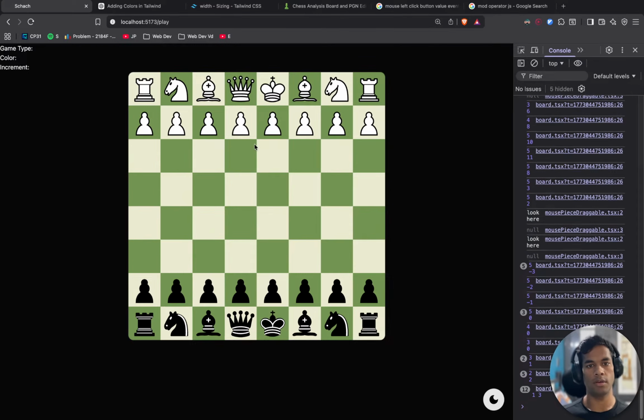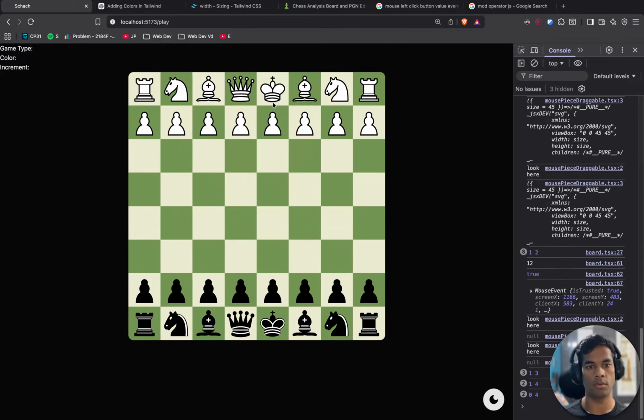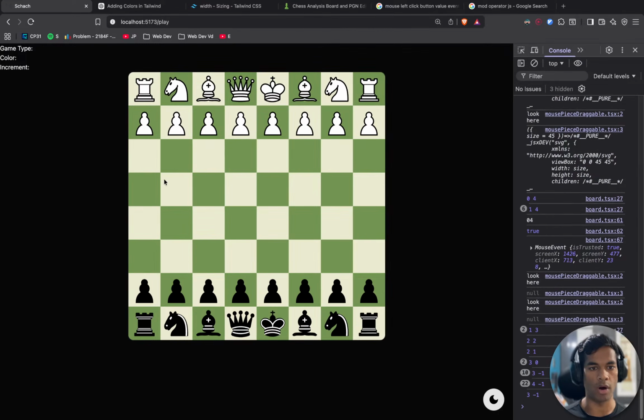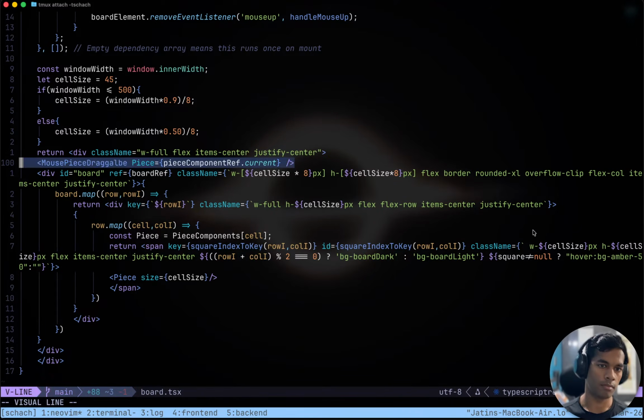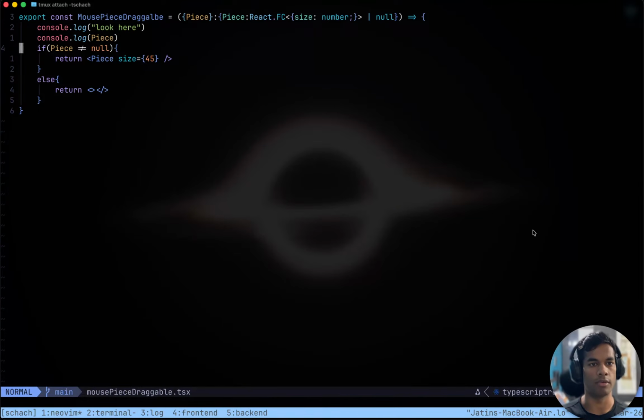And do not display this thing. How is it now? Okay, the problem is, why do we see this thing here? Mouse piece draggable. Okay, we have to do some changes in the HTML of this thing.